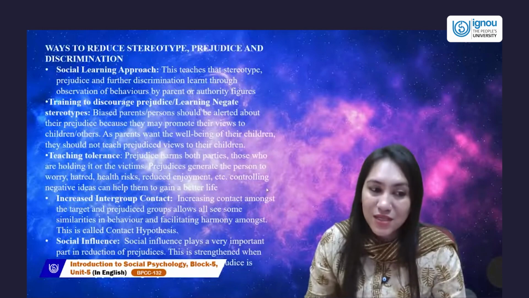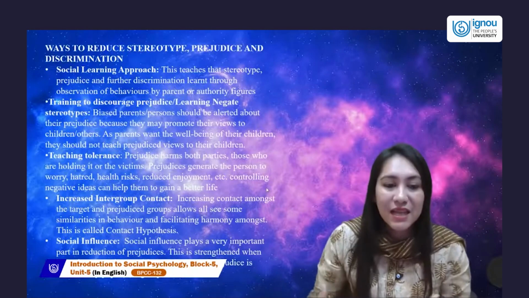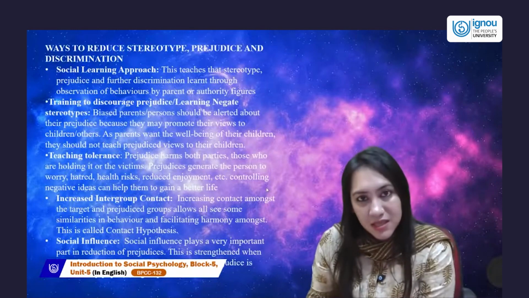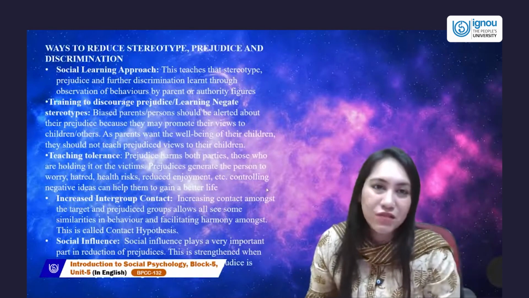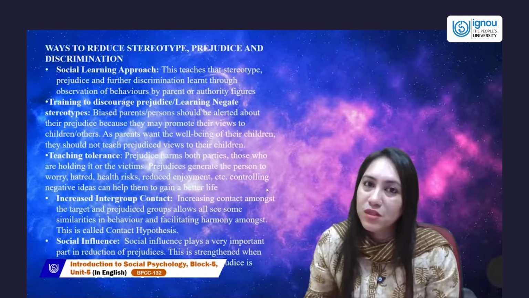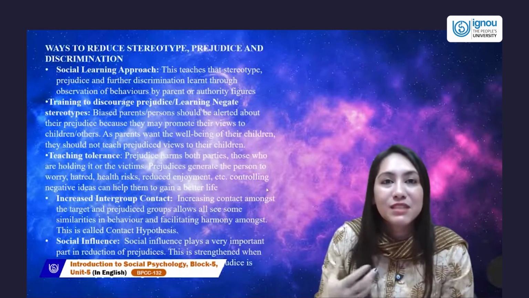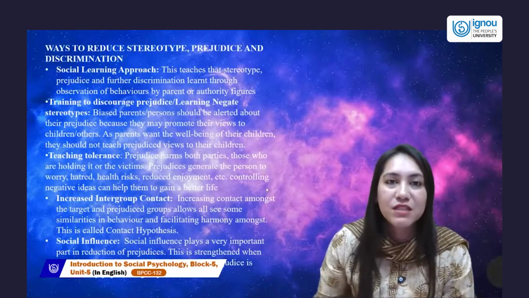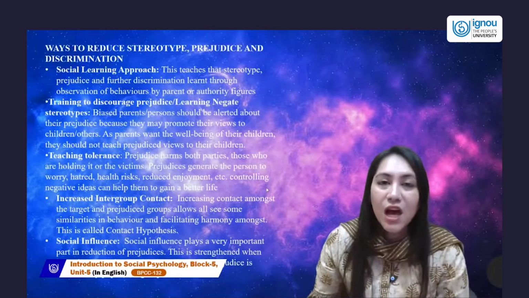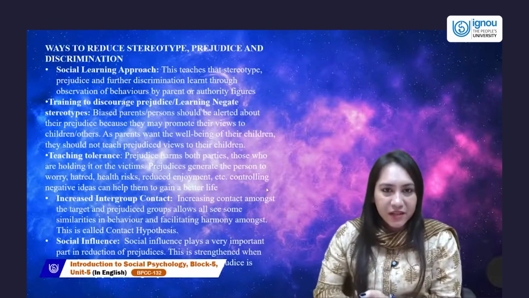So this suggests that intergroup contact will allow us to understand the similarities and differences amongst them, and they understand that we all have the basic need for food and water. So when we all have the basic need for food and water, we need to understand who needs it. This can happen by facilitating intergroup contact and facilitating harmony amongst them. So what will happen when these groups interact?